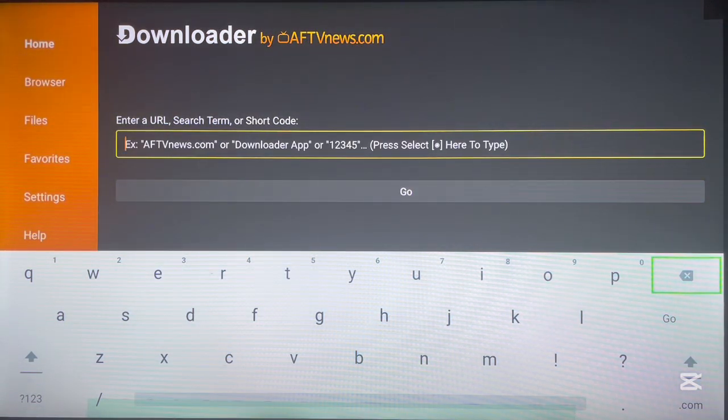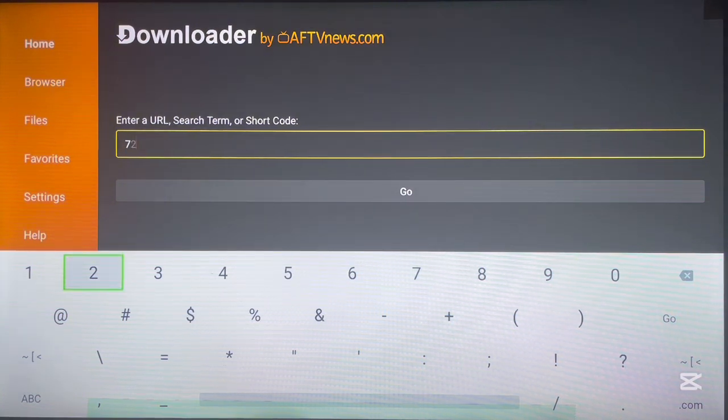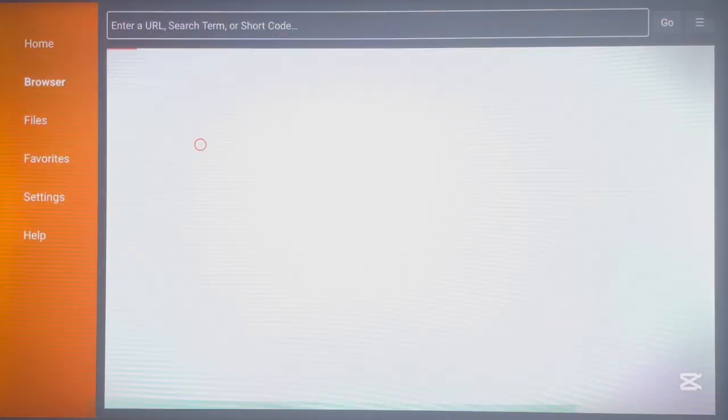But if you try this in the future and the code doesn't work, what you should do is come back to your downloader here and type in this other code. I'll show you how I got to that website. So when you come over here, type in this short code 7. This is how you can get to that website. 72609. Type in this short code and you launch. As you launch, it's going to bring you to this